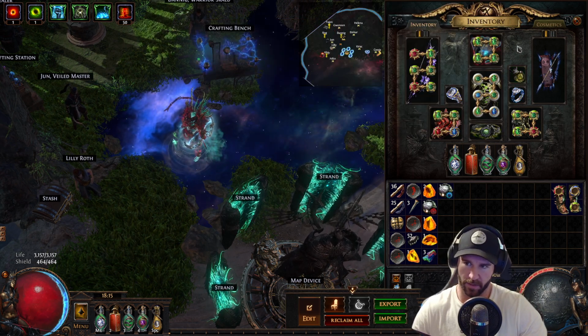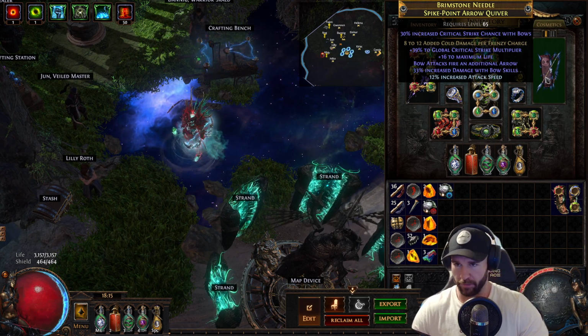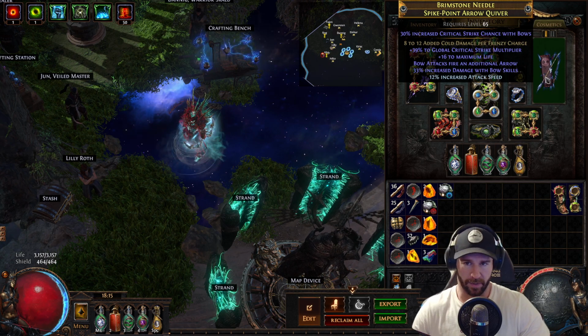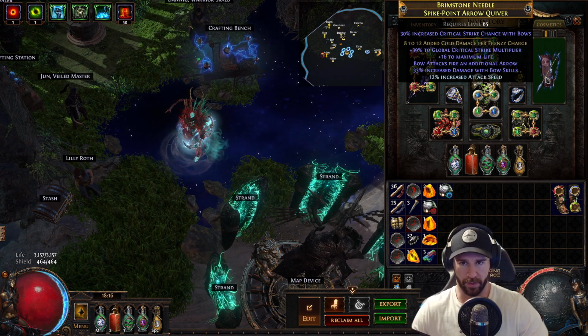Okay, the last piece to go over is the quiver. You're going to want to find one that has this flat cold damage per frenzy charge fractured. If you don't get it fractured, you're just going to have a nightmare of a time trying to craft this. And this one is pretty much GG for the mods that are on there. I just got kind of screwed on the tier of the life roll, but you're looking for